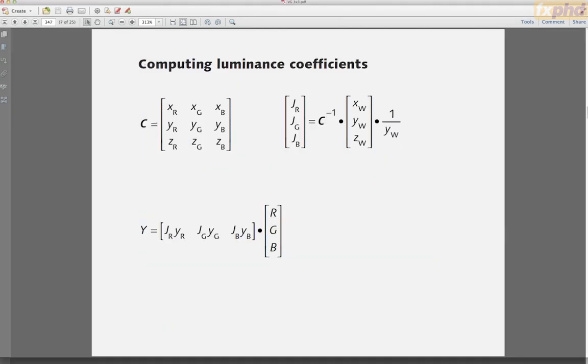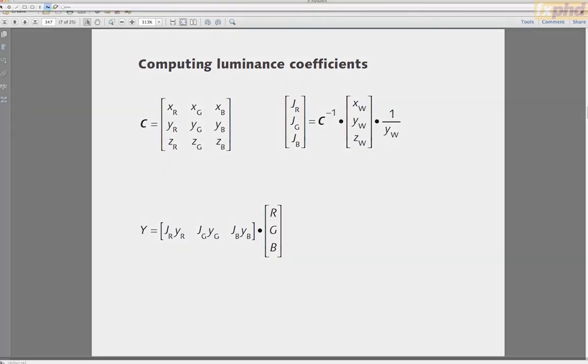How do you make them? Well, it's math. And so I'm going to assume that most of you just want to know the flavor of this mathematics, and a few of you might actually take on the task of computing these matrices. But you would normally expect your grading system vendor or your color calibration system vendor to do this math for you. But I'm going to very quickly go through the math just to give you a notion of what sort of things you would do to make them.